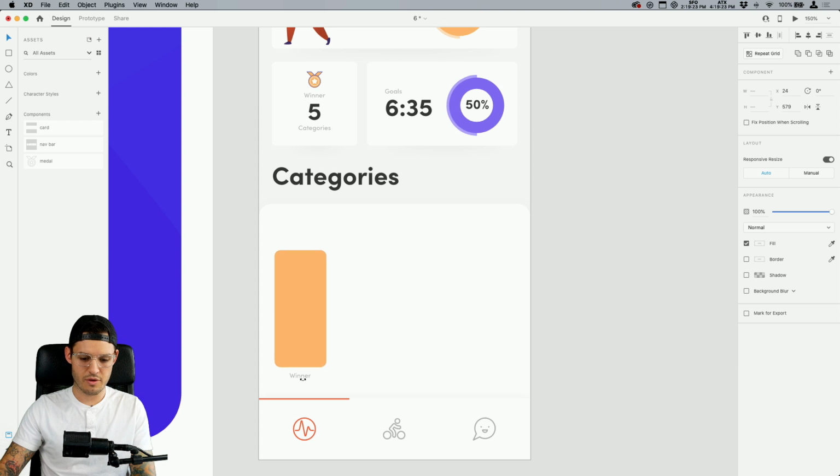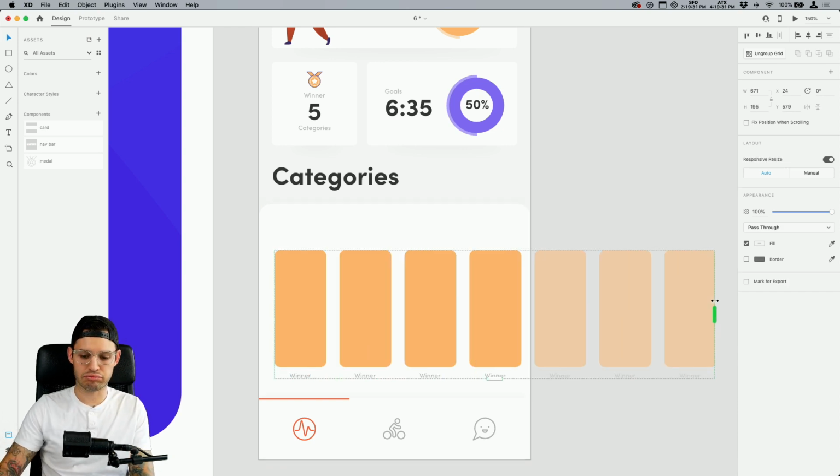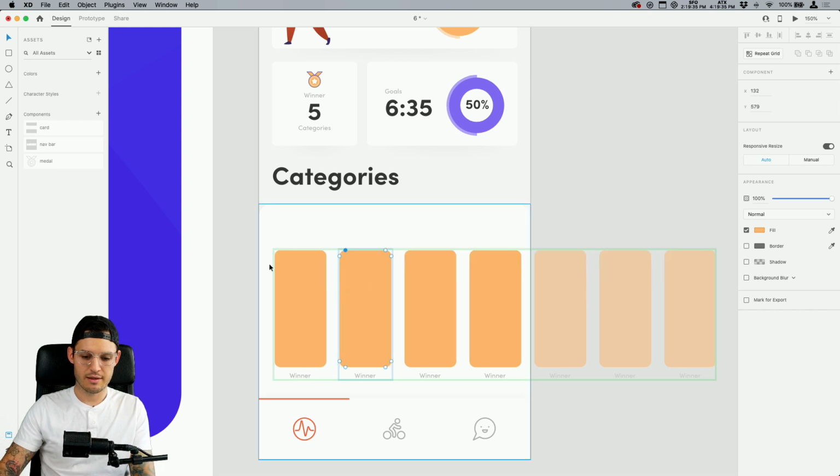Let's start them all on the same plane here. And then I have a fun idea. This is going to be cool. Why don't we group those together? Command R for repeat grid. Just drag those guys out. We'll basically come into